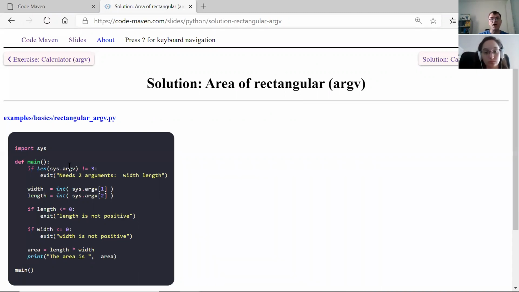The difference is that now, instead of asking the user with the input function to give us some input, we check if the command line has exactly the right number of parameters, and if not, we give some explanation. This time it's a little bit different than earlier, where I said usage. This one I just say it needs 2 arguments, width and length. Then we take the values, assuming that we actually have the three parts. The first one is the name of the program, and then the second and the third are the